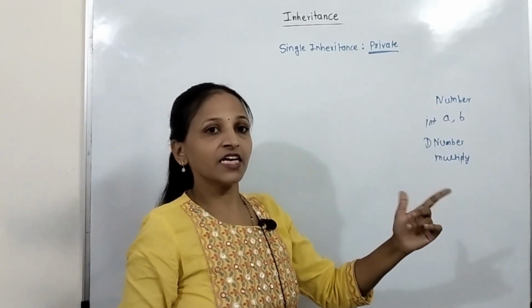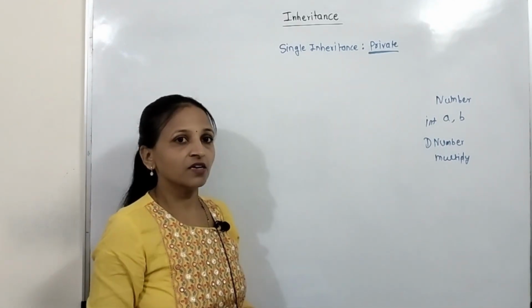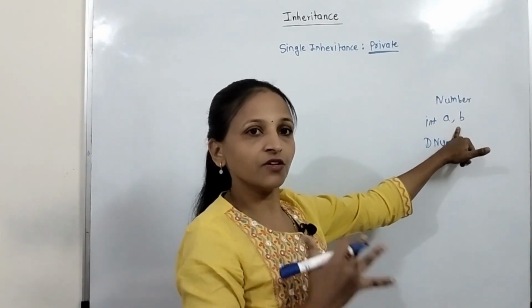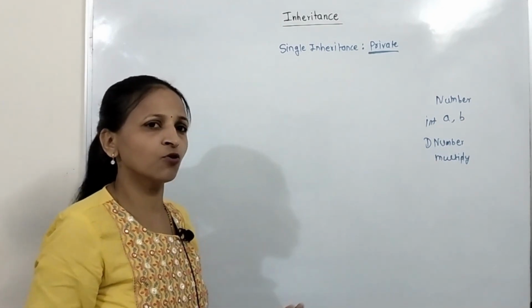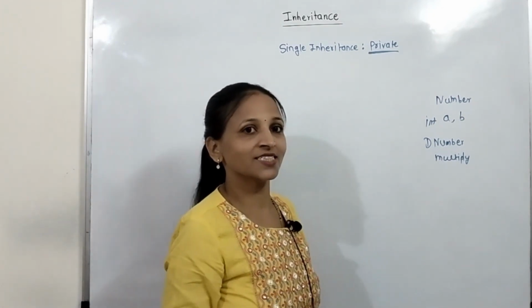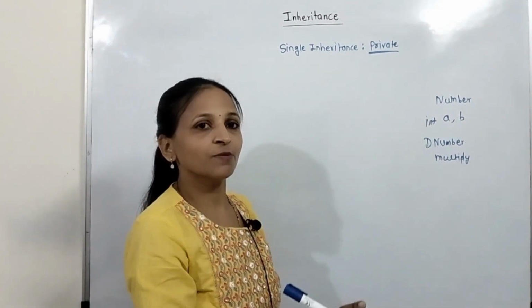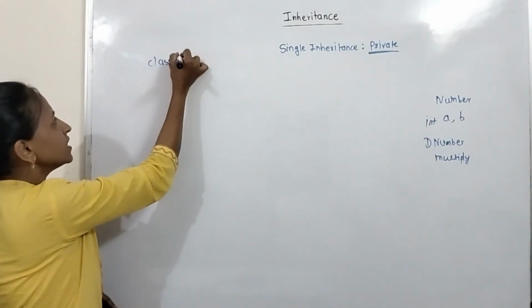While inheriting, if we have mentioned visibility mode as private, then what will happen? If these two data members are private, then what will happen? Everything we have to discuss in depth in this session. You will get a clear understanding of the inheritance concept in this session. Here we have to just write #include <iostream>, then using namespace std, everything. After that we will create class Number.